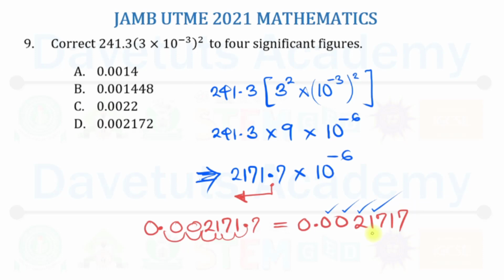We are going to stop on this 4th decimal place, and that means we will take 7 and ask ourselves, do we round 7 up to 1 or round it down to 0? 7 is greater than 4. Numbers from 5 to 9, we normally round them up to 1 and add to the previous one. So for this particular question, it will be